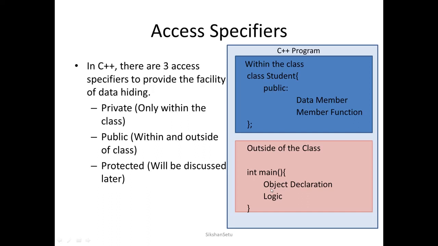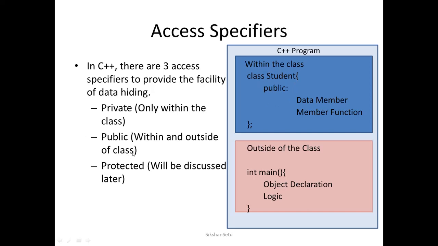Now considering these two parts, all private data members, meaning data members which are declared private, can only be accessed within the class definition. If I have declared an integer a here as private, that data member cannot be used in the main function, because it is private. That's why it says private data members are only accessible within the class, not throughout the program. That variable can be accessed only within this blue part, the class definition.